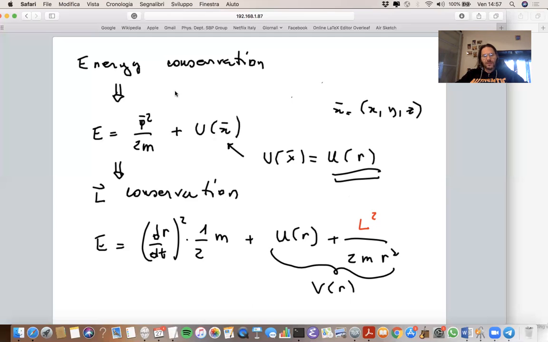We want to follow the same strategy because this strategy is based on concepts that remain true even in quantum mechanics. In particular, it is still true that the Hamiltonian is conserved, the energy is conserved, and that angular momentum is conserved because in the central potential,